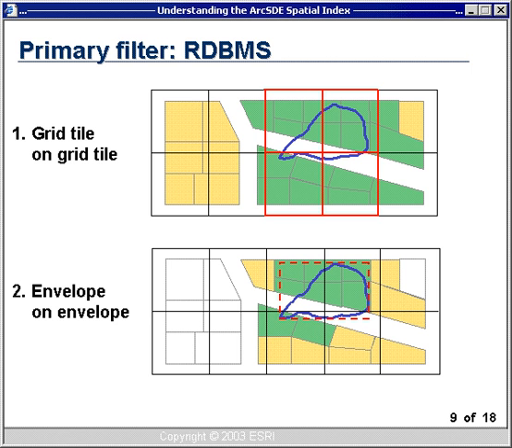and they're quite quick. The next piece of information, so those green shapes down the bottom on the envelope on envelope query, those are the ones that get sent to ArcSDE for ArcSDE to evaluate in the next two stages. So ideally, the largest number of features get thrown away on that very first pass. And this is where the size of your spatial index tiles influences the speed with which this information gets passed